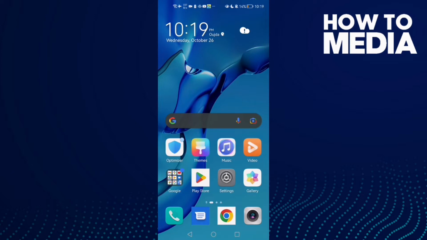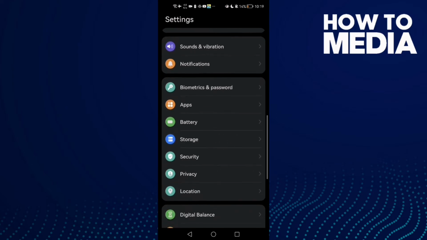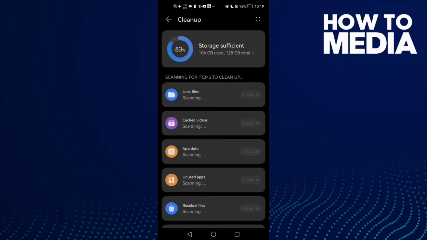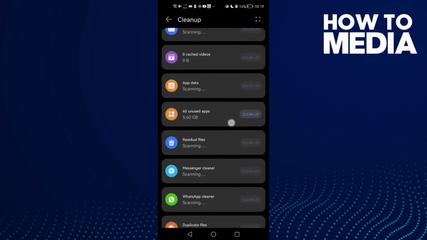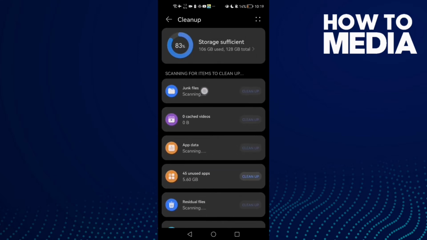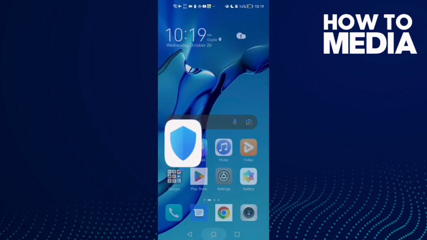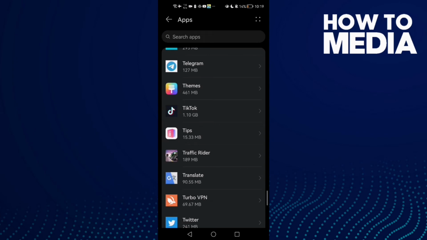First go to settings and then go to storage, and here you will find clean up, click on it, and now just wait here for junk files or cache, and then click on it, click here clean up, and after that go to settings and then apps and apps again,